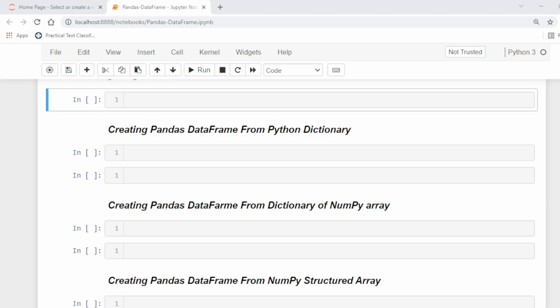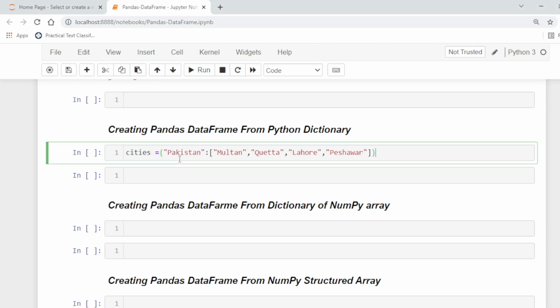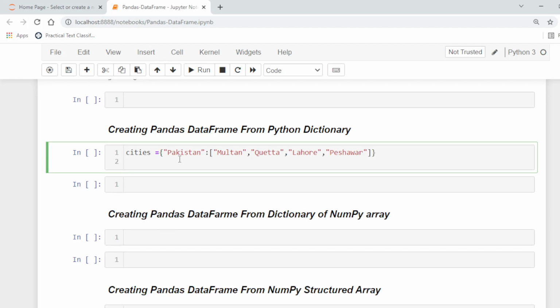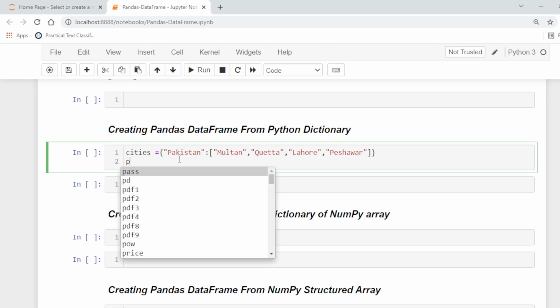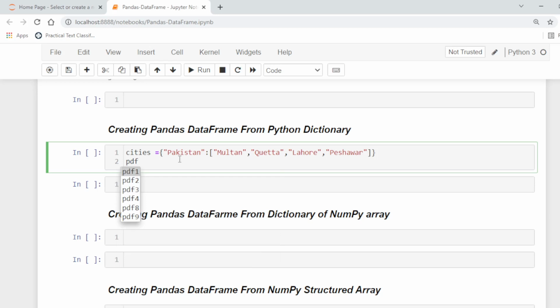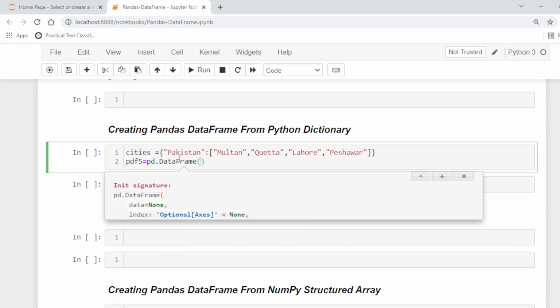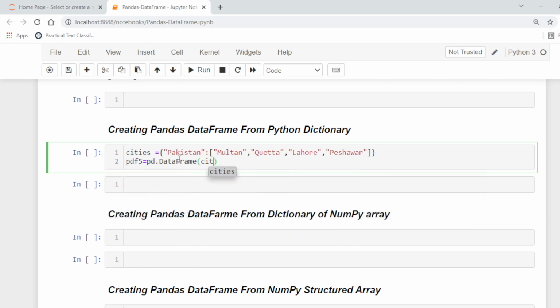So this is a Python dictionary, and now to create pdf5, for example, equal to pd.DataFrame and cities.